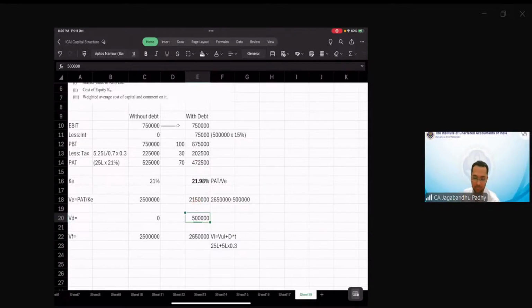So the value of firm is equal to 25 lakhs plus 5 lakhs into 0.3, sir. The value of equity will be 25 lakhs. No, earlier it was 25 lakh. After buyback, value of equity will become 21 lakh 50,000 because overall value of the firm will be 26 lakh 50,000, because it's a levered firm. So levered firm will always have the advantage of that tax saving. That tax saving is adding as an additional 1,50,000 value, right? And the net decrease in the value of equity will be reduced by only 3.5 lakhs.